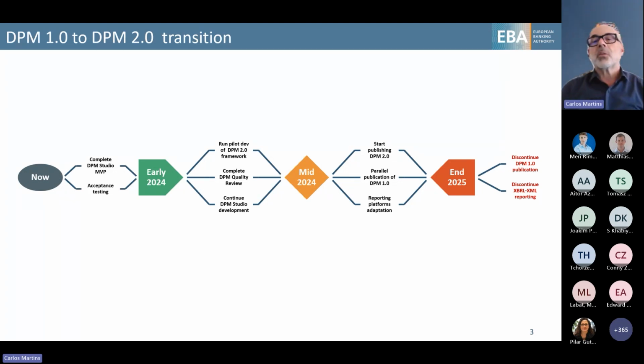Then by the end of 2025, we will not be publishing the current Access database with the current DPM anymore. We will stop this, and going forward only publish the new DPM metamodel and content, of course.